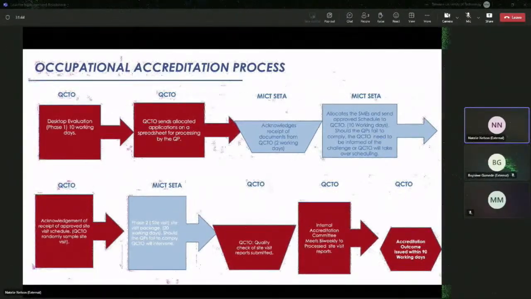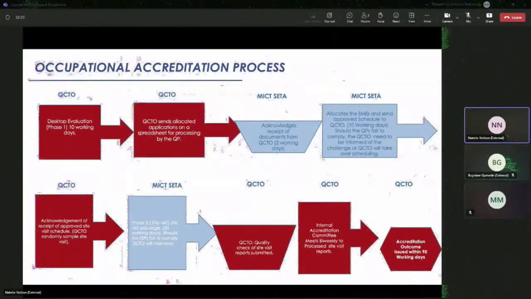In our instance, we allocate our advisors to actually go out and conduct these site visits to ensure compliance to what has been submitted from a desktop perspective, but also from your site perspective. Is your site compliant or not? Does it meet the minimum requirements? Do you have enough or sufficient technical equipment? Have you adhered to the ratio in terms of facilitator or subject matter expert to learner? All of those aspects are covered in and through the site visit that is conducted between the MICT SETA advisor and yourself as the skills development provider.